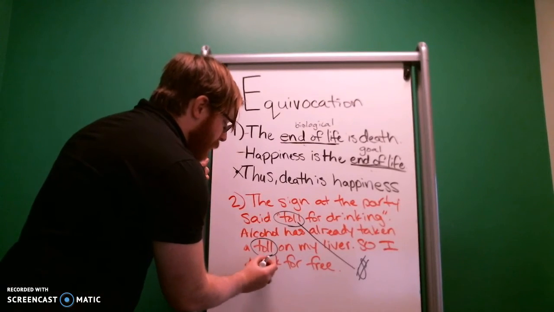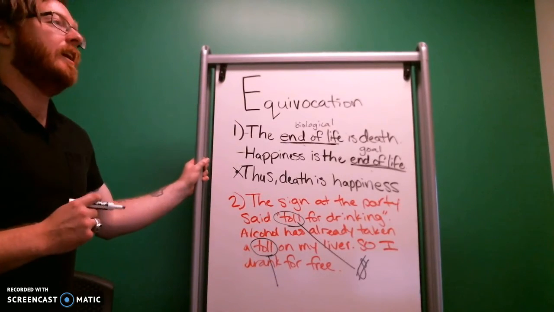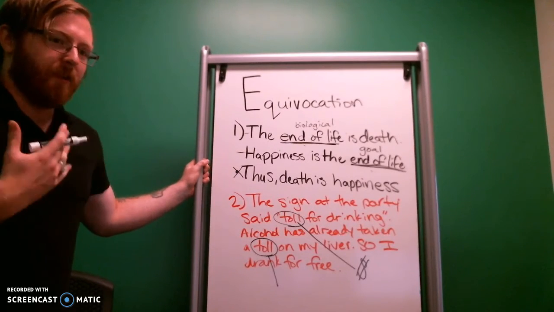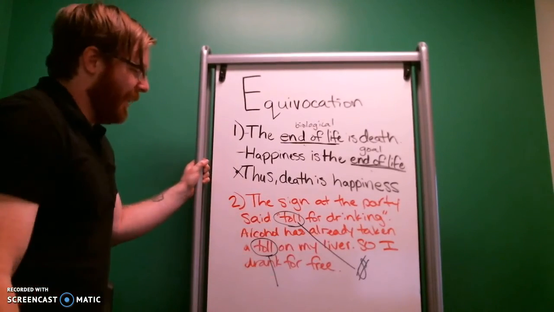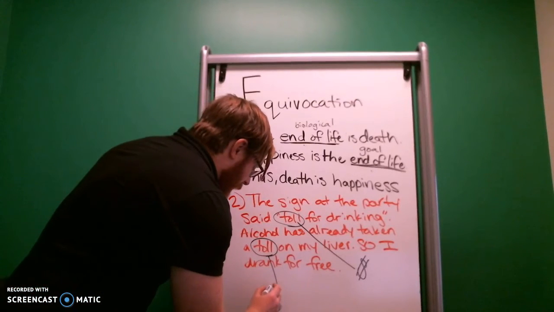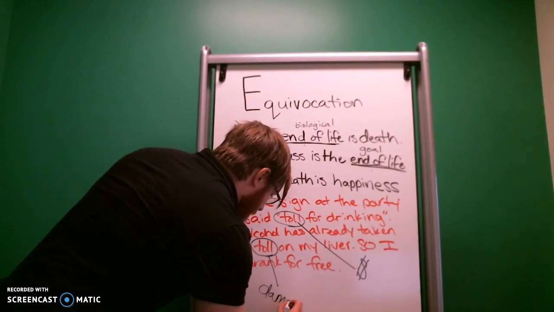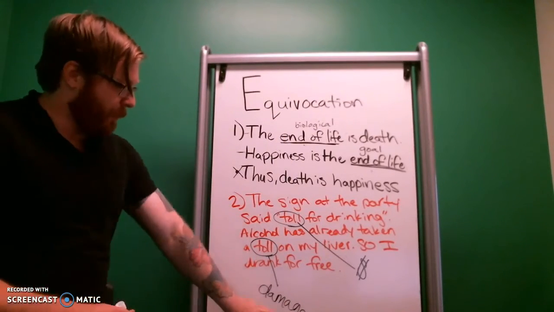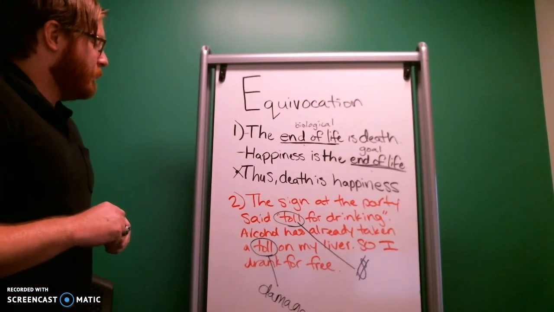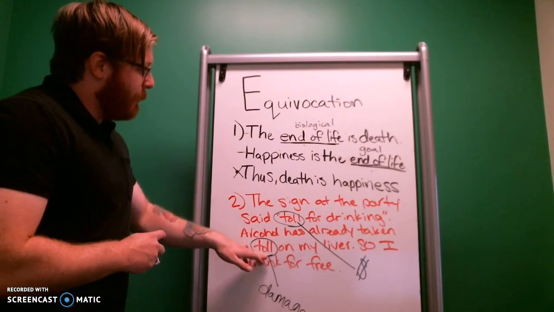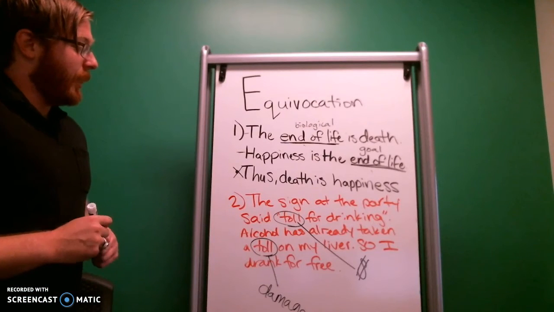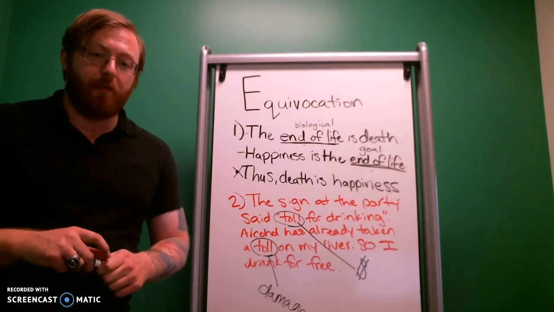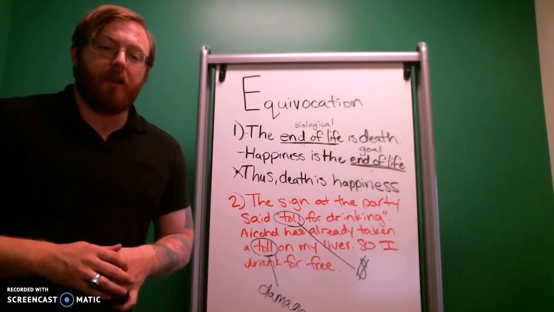Whereas this second use of the word toll means, it's hard to get the specific definition here, but something like the slow deterioration of your body, right? So by toll, they mean this sort of damage occurring to your body. I know that's off camera, but that's not super important. It just says damage. So they're playing on an ambiguity in the word toll in order to draw a conclusion that's not actually there. So hopefully you have a pretty good feel about what equivocation is now, and we'll move on to the next.